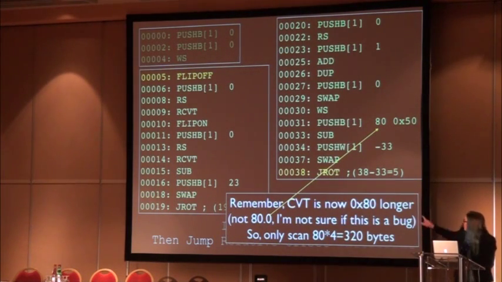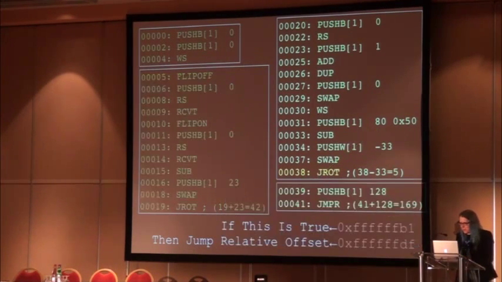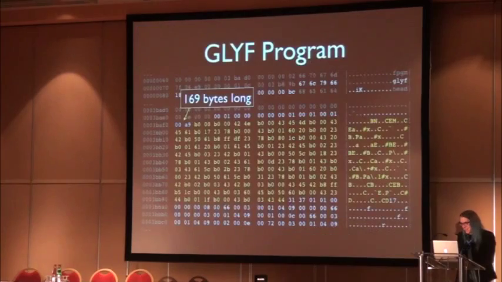So anyway, there's also a funny bug here. Whoever wrote this mixed up the decimal and hexadecimal representation of 128 versus 80. This should actually be 80 hex, not 50 hex. I don't know. It doesn't actually affect the exploit because it basically works within the first 25 iterations anyway.